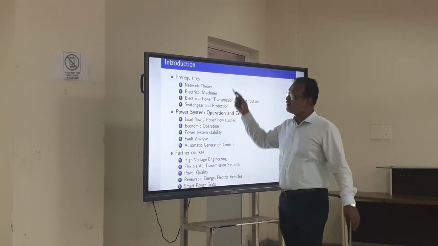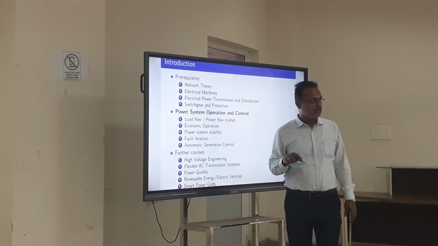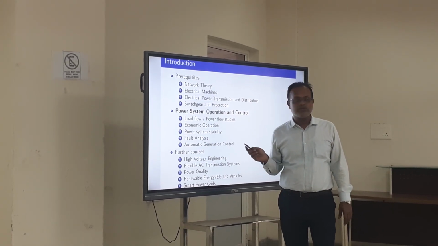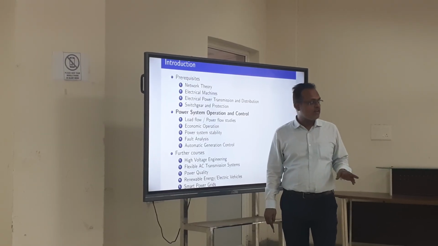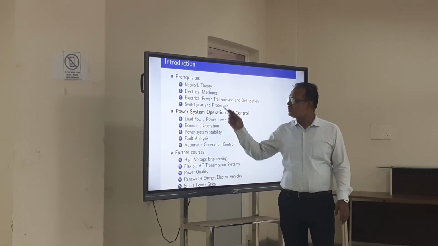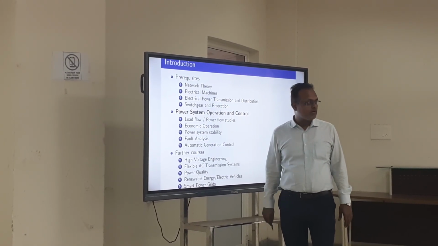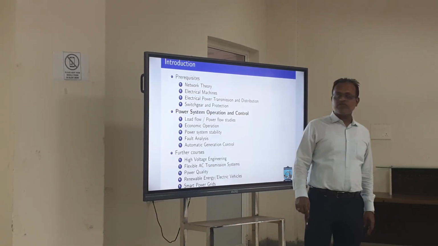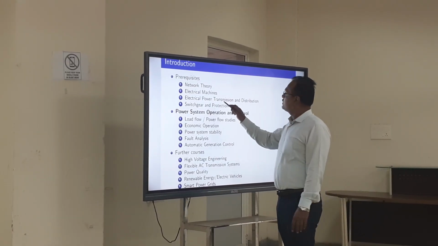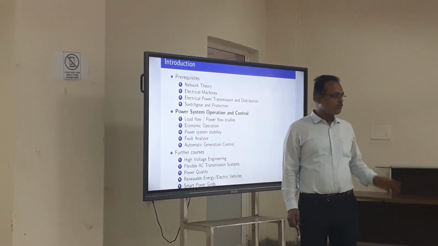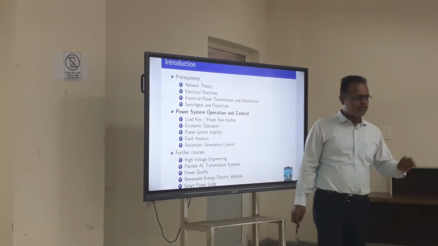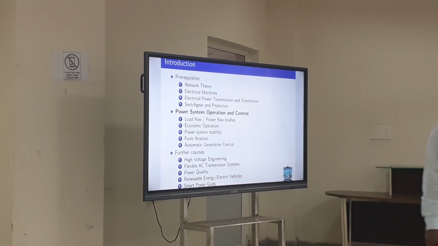And these prerequisites actually are required. Okay. These are essential prerequisites. You should have a thorough knowledge of network theory, KVL, KCL, the basics of network theory, electrical machines, because we are going to study power system stability, then transmission and distribution, okay, and finally circuit protection. So these four you have studied, I think, in the last 4 semesters. You have studied all this. Okay, so you are moving up to